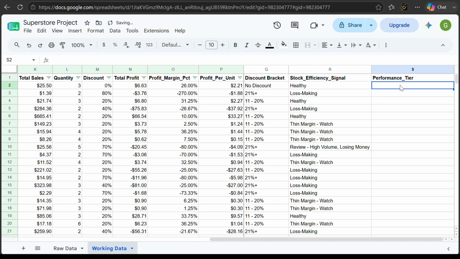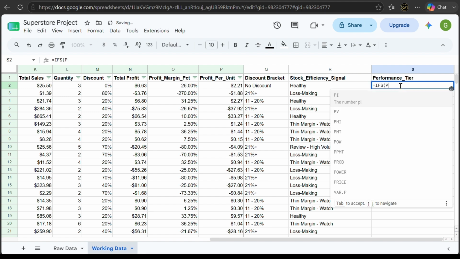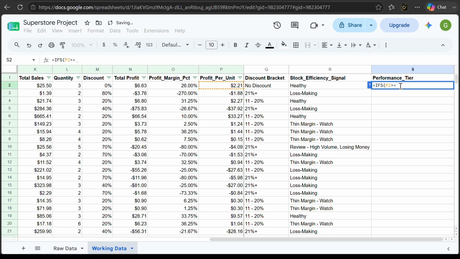So I'll just say equals IFS, and then I'll open my bracket and say if P2 is greater than or equal to 0.2, I want to say top performer,